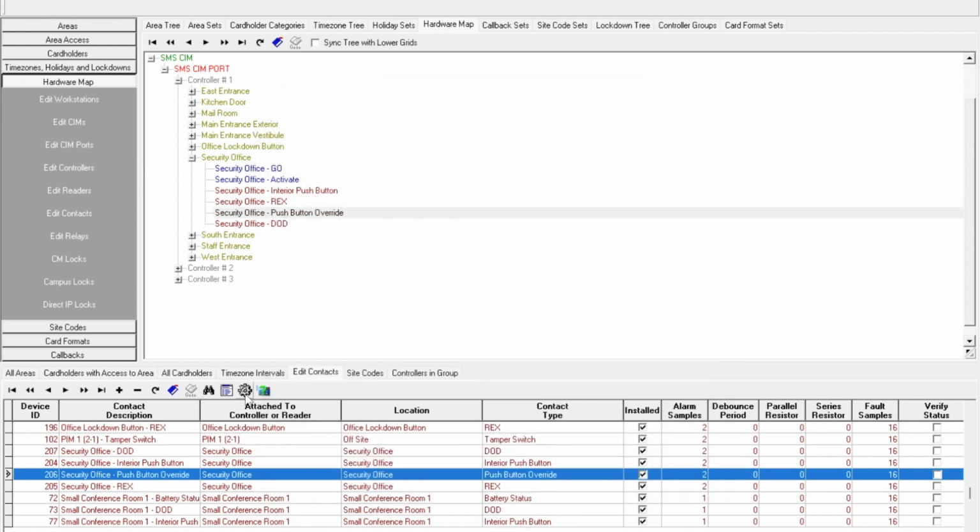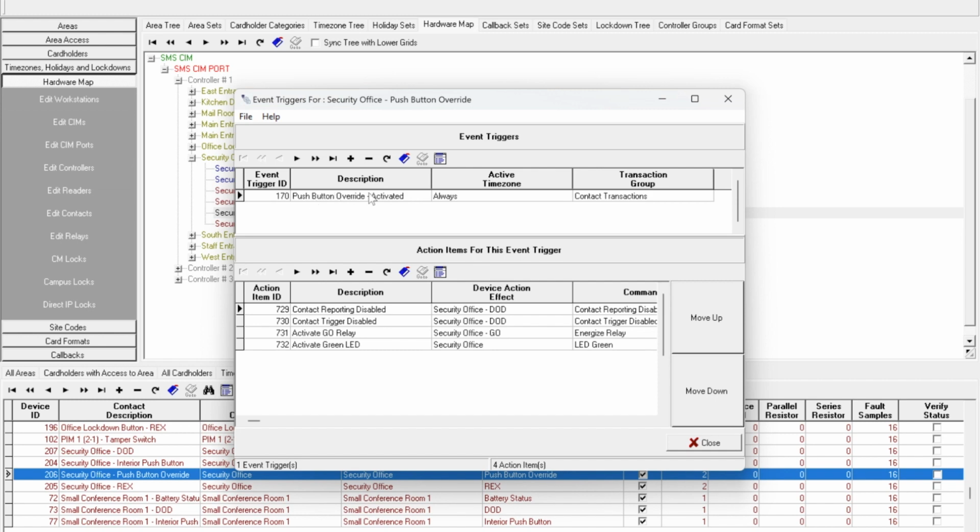The push button override is going to be the same programming. When that's activated, it's going to shunt the door contact for 30 seconds. It's going to energize the go relay for 3 seconds and turn the LED green. This could be a door release button that the office has if they're unlocking the front door for somebody for